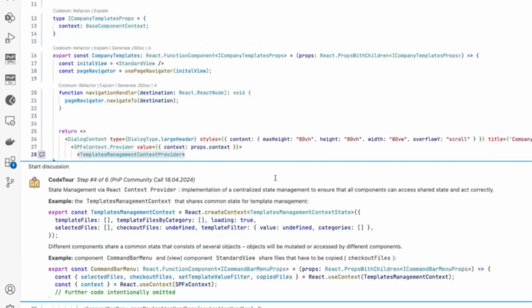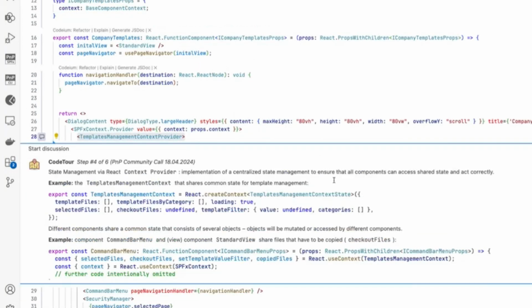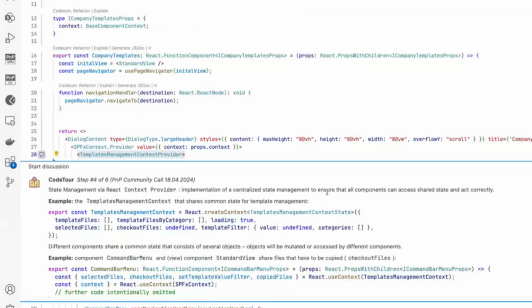Now to something a bit more difficult or not that easy. It's a global state management, which was implemented via React's context provider. And we needed a centralized state management to ensure that all components are accessing the shared state context information and act correctly, because multiple components, for example, the command bar component and the view components, need to have access to the same state,